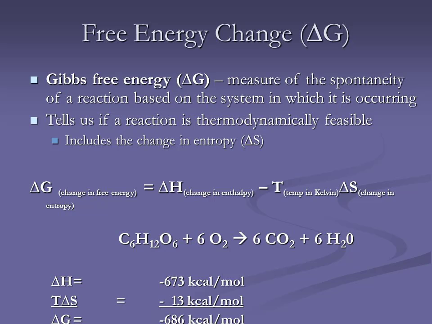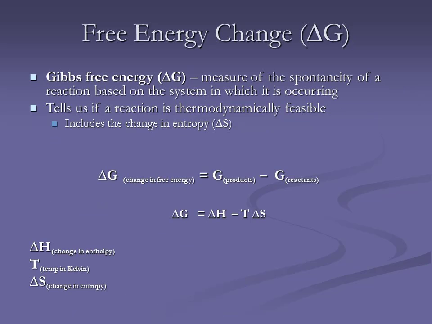So as we look at our Gibbs free energy, change in free energy equals the change in enthalpy minus temperature times the change in entropy. We can also compare this number and this equation to our free energy from products and our free energy from reactants, just like enthalpy, right? Products, reactants, it's still the same. If we did it for enthalpy, we can do it for our Gibbs free energy, and we're still going to have the exergonic, endergonic, and that's why that negative positive is still going to apply.